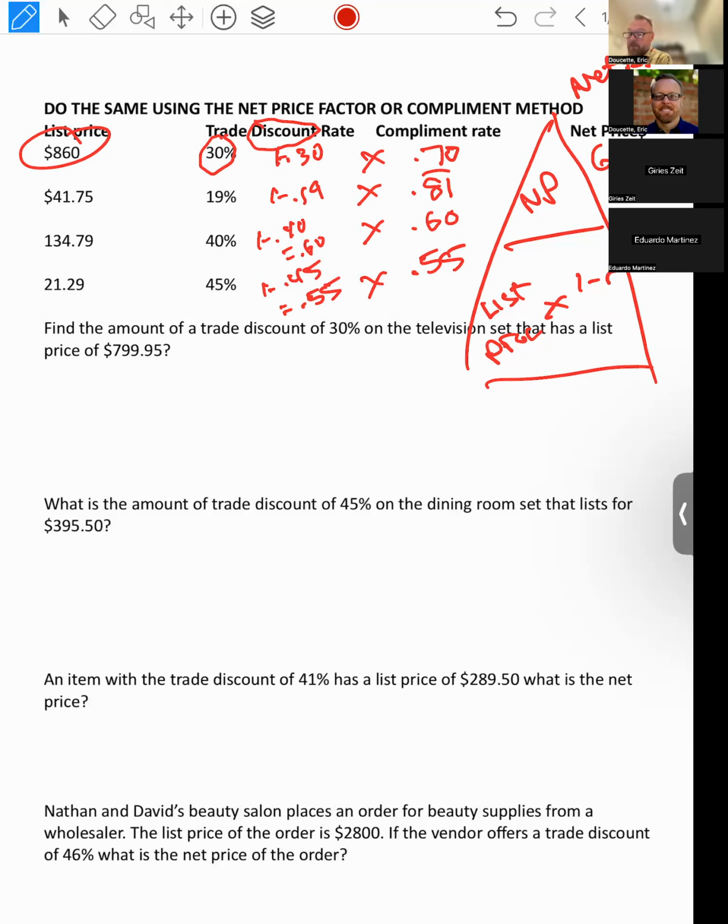So to find the amount of trade discount on the television set that has a list price of $799.95, they're asking me for what is the trade discount amount. So again, this is just going to be the discount amount formula. That's what they're looking for. So I'm not going to do anything to the rate. I'm going to take my $799.95, multiply by the rate, and that's going to give me